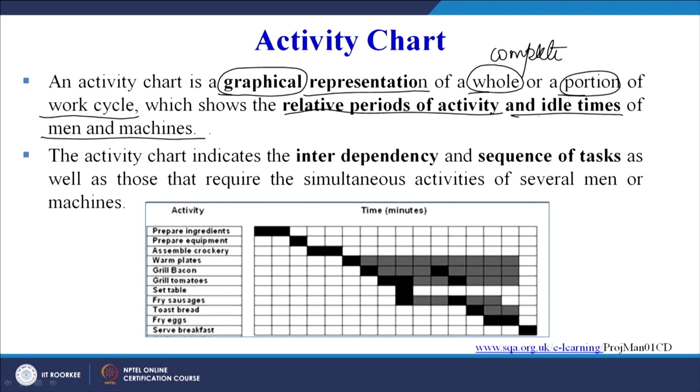So if you see, just to compare the activity chart as compared to the other charts that we have already seen. Now what is operation process chart? It gives you a bird's eye view of the overall sequence of operations being carried out in an organization. We have only used mostly two symbols, that is operation and inspection, in the operation process chart. Done. Then we have seen the flow process chart. In flow process chart we have used all the process chart symbols, and it is much more detailed as compared to the operation process chart. We focus on the transportation also, delay also, hold also. So we are much more focused in case of flow process chart.